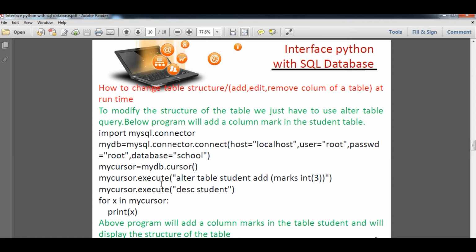After that cursor.execute, within that you type alter table student add marks integer, or you can just say mycursor.execute describe student. Okay, so you will see the table printed here. The above program will add a column marks, and the table will display the structure of the table also. Here you type the same command that you type in MySQL.